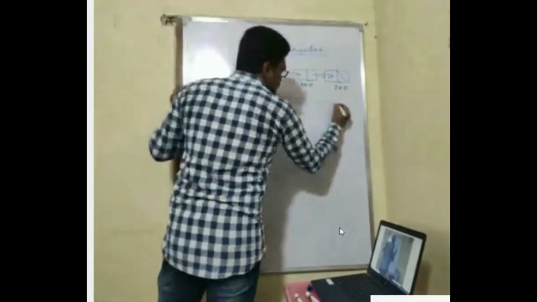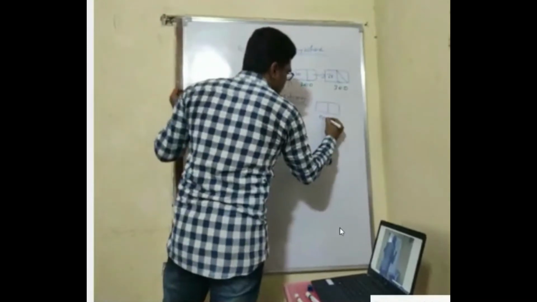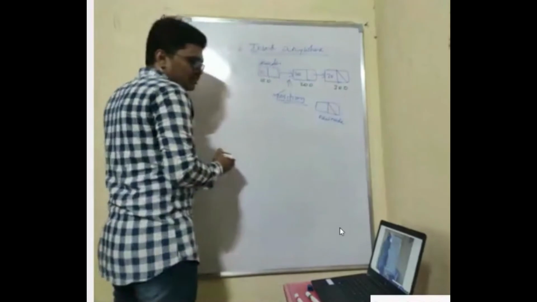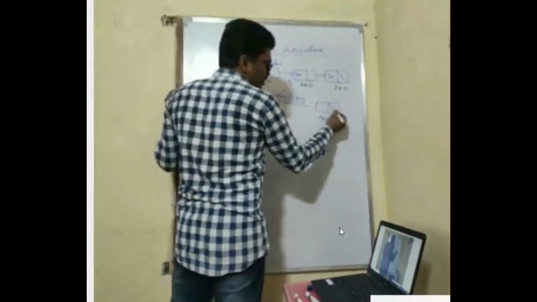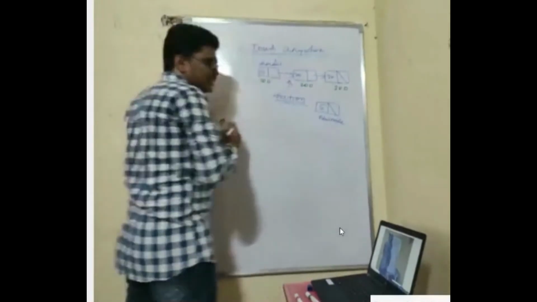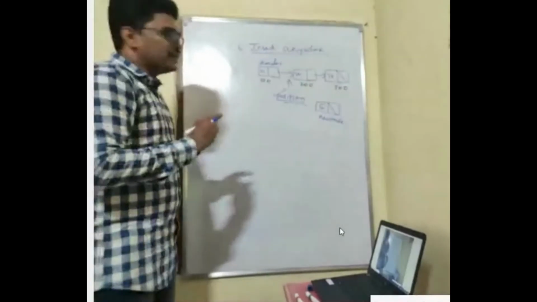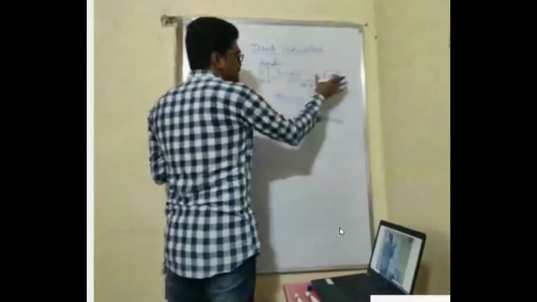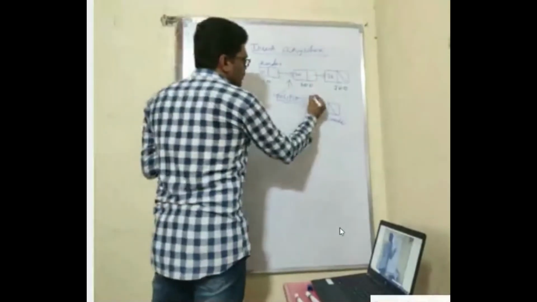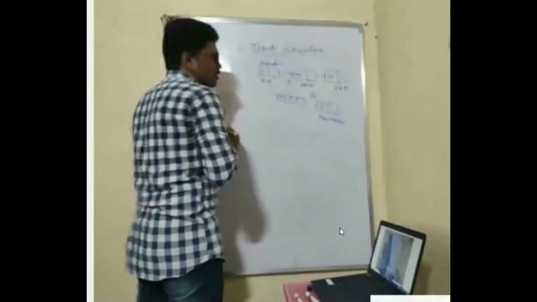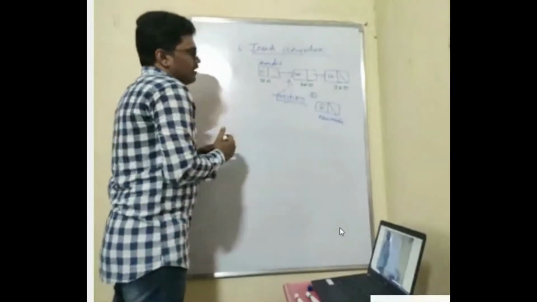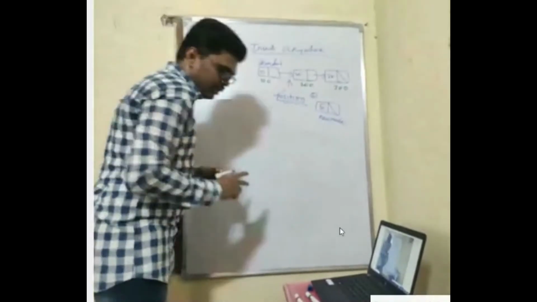Suppose this is my new node. Already I told you. This is what you do. First we insert some value. We'll put the next field as null. This is how you create the new node. So now this one you have to insert. Suppose I want to insert at position 2. How will you do it? What is the logic you will be using?